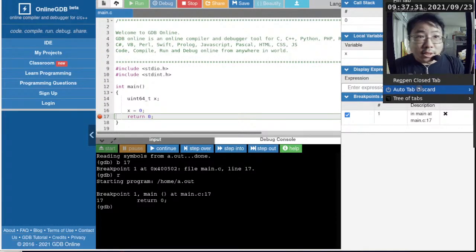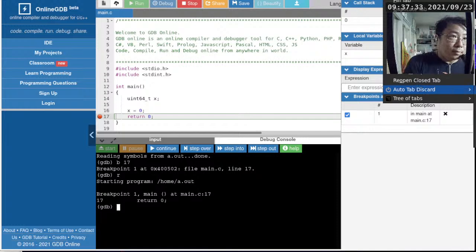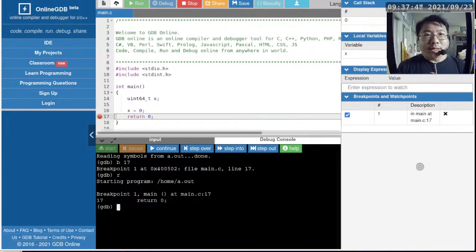Okay, auto tab discard, and I have to specify. You cannot see this because it's off the screen. I'm going to have to tag it so it won't. Always keep this tab for this site. Keep this tab for this session. I'm going to say keep this tab for this site. So this way, my little auto tab closer thing, to help me save resources, is not going to close this tab automatically, because that